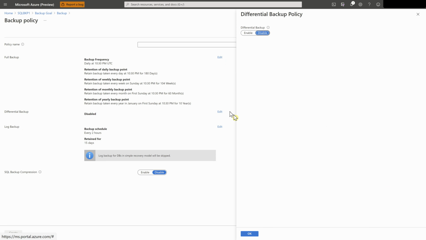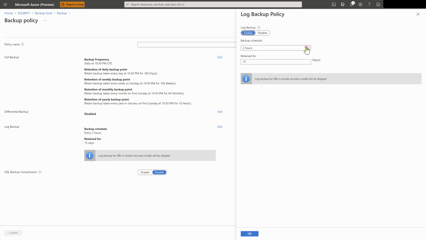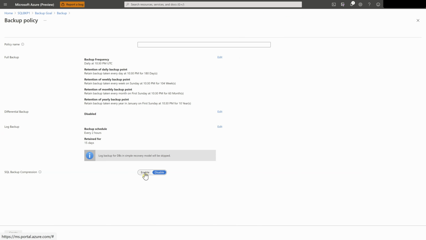For the differential backup, you can also enable or disable it. And for the log backup, you can set up the frequency that you need. Here you can go down to 15 minutes, and this is what makes it possible. Once it's done, you can also enable SQL backup compression to save database space.